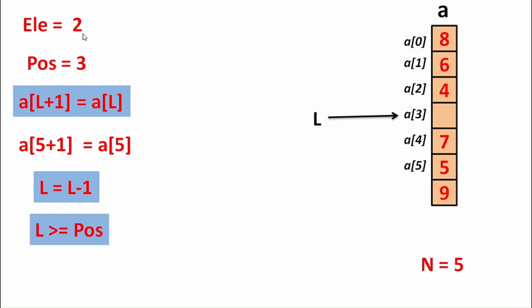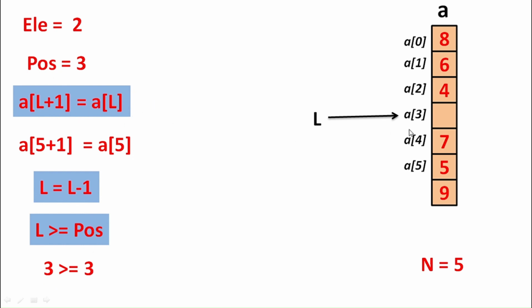Then if I want to stop the decrementation of this pointer, I will use a condition that L is greater than or equal to position. That is nothing but 3 is greater than or equal to 3. 3 is the position of the pointer and this 3 is the position where I wanted to insert an element. So once this condition is satisfied, this looping will stop